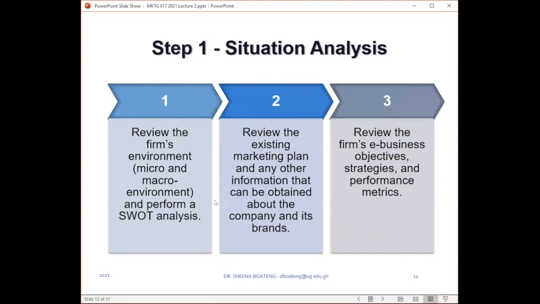The first stage involves reviewing the micro and macro environment. Like I mentioned, the micro environment is made up of 4 key actors that can be referred to as customers, intermediaries, suppliers, and competitors. And then with the macro environment, we can talk about the general actors that we can outline using models such as the PESTLE model and the PEST model. Please, who has heard of these models before? The PESTLE and the PEST model.